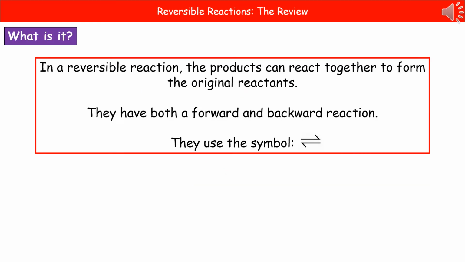For today's chemistry check, we're going to be having a look at reversible reactions and equilibrium. So when we're talking about a reversible reaction, then what we're looking at is a reaction where the products can react together to form the original reactants. So that means that not only can it go forwards and the reactants form the products, but we can have a backwards reaction where the products can form the original reactants. And you can always see a reversible reaction because it has that kind of half forwards, half backwards arrow as the symbol.